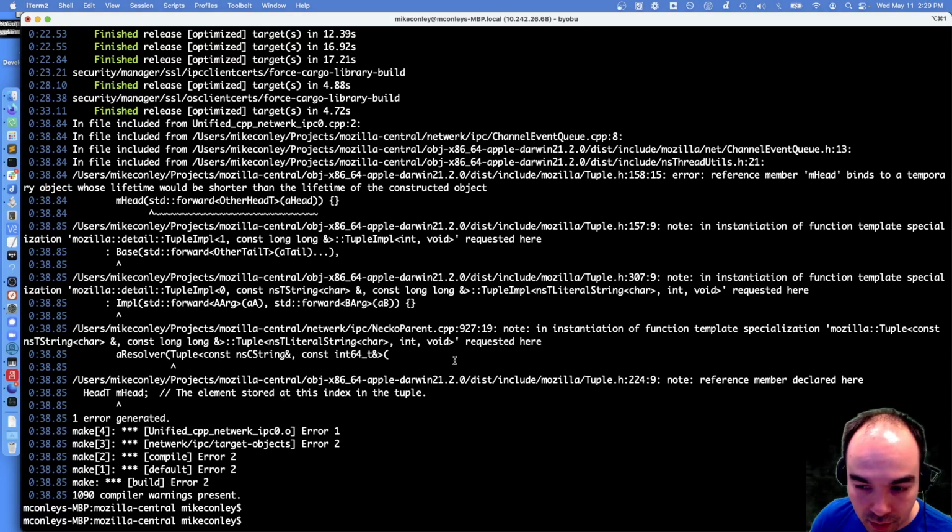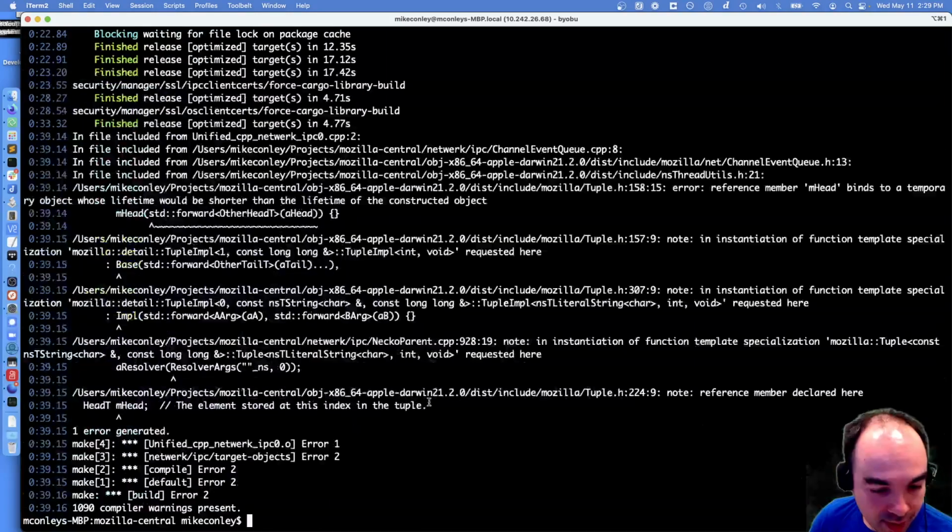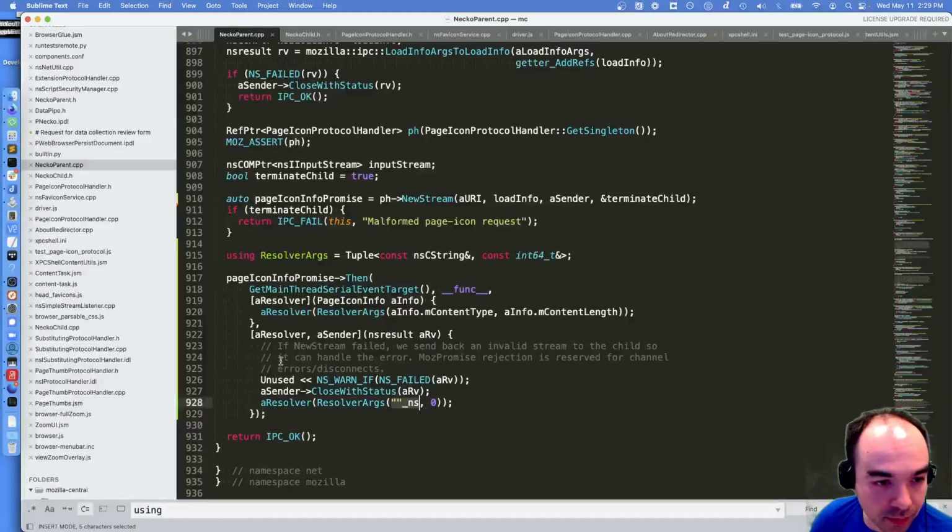Here. The element stores the index in the tuple. So it's the same problem.